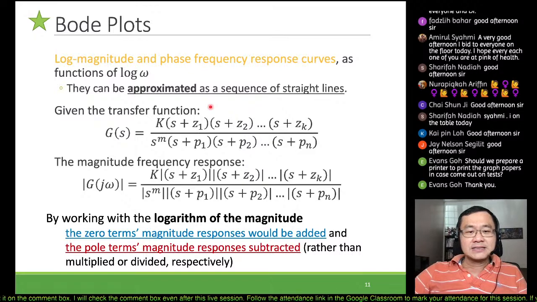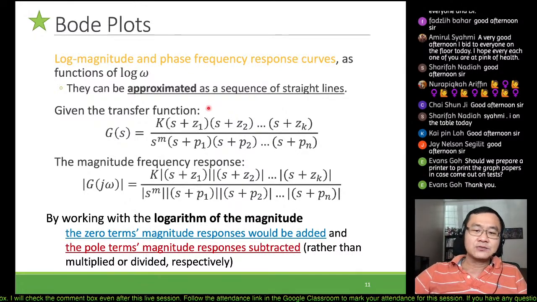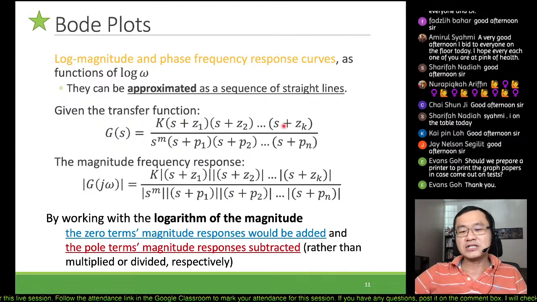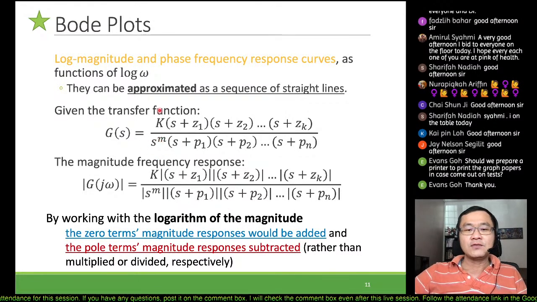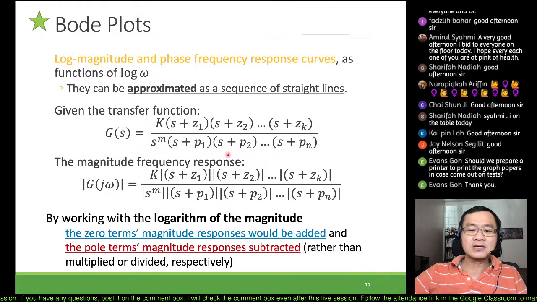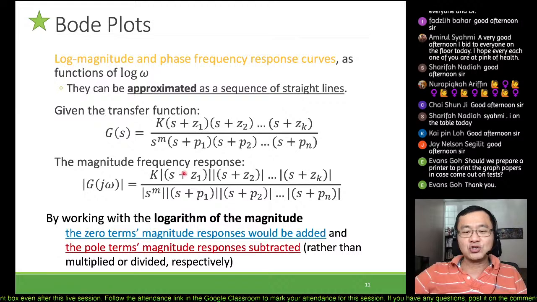Now the idea behind this plot is that we are given a transfer function which has multiple zeros, multiple poles, as well as the system type itself, so s^m itself with a gain K. If we are given this kind of transfer function, the magnitude frequency response would be the magnitude of all these